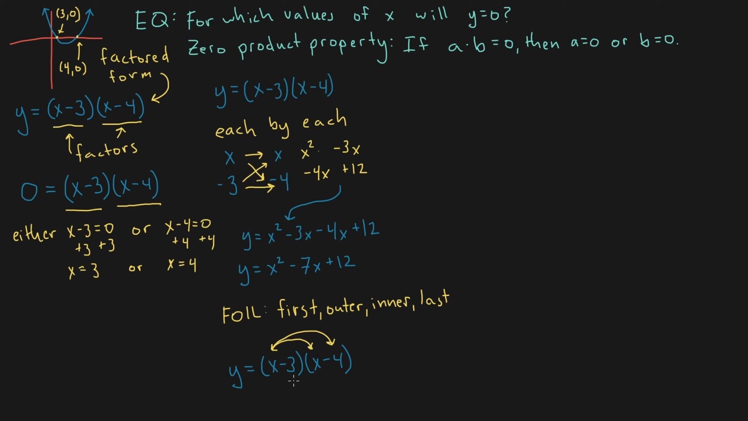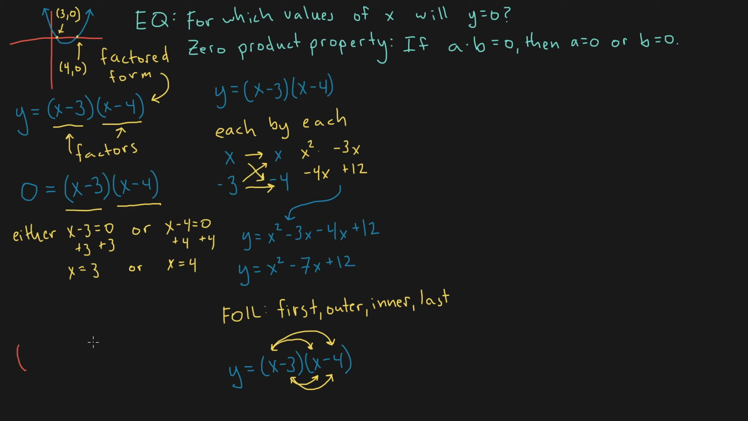And then my inner terms are going to be my -3 and my x, and then my last terms are going to be my -3 and my -4. So you'd multiply those out, and then you would just reassemble following the same steps here. You'd take the individual parts and put them together into one expression and then combine like terms, and you would get the same answer. The thing that's valuable about doing each by each is that you can use each by each even when you have